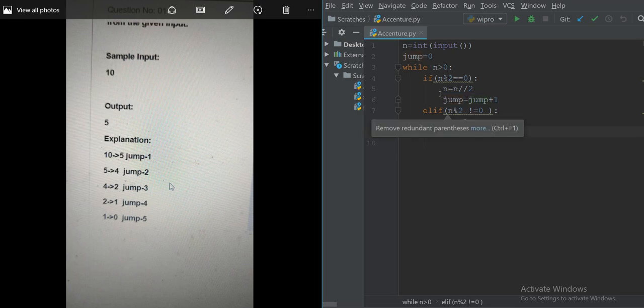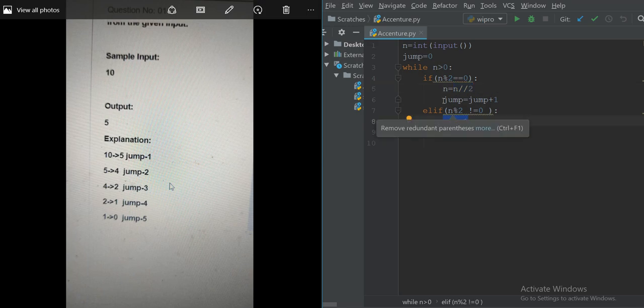See, guys, again let's have a look at this question. There are two scenarios. If the position is even, we jump n by 2, and if the position is odd, we jump one step.